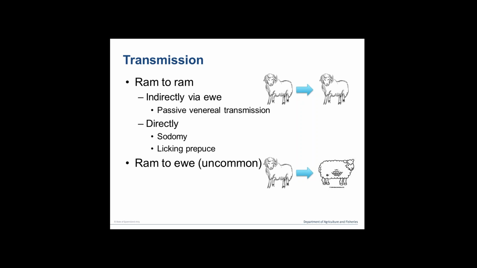A question was raised in the webinar registration process about the length of time that ewes can carry the bacteria in their system. As I've mentioned, ewes normally clear infection quickly. However, studies have shown that in rare circumstances, clean rams can become infected following mating of ewes which 4 months previously had been mated with an infected ram but failed to conceive. Another study showed that a small proportion of ewes in an infected flock were infected at lambing and excreted the bacteria in fetal fluids and vaginal discharges. However, 8 weeks after lambing, the ewes and lambs were negative for infection. So it's important to note that the role of ewes in maintaining infection in a flock is complex and uncommon